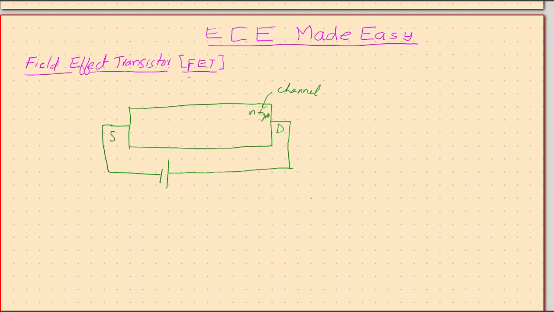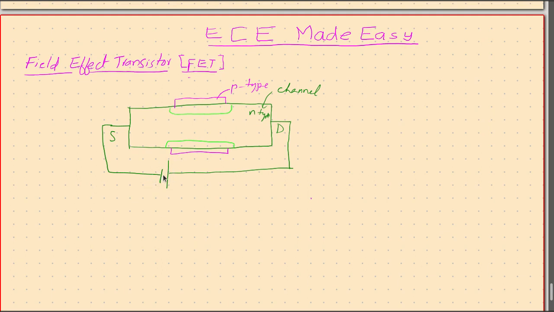The whole scenario changes when another layer comes into picture, and that's a p type of material. This one is surrounding this bar. So what we get now is there is an n type material and there is a p type material, because of which there will be a depletion layer, a layer which doesn't contain any mobile charges.